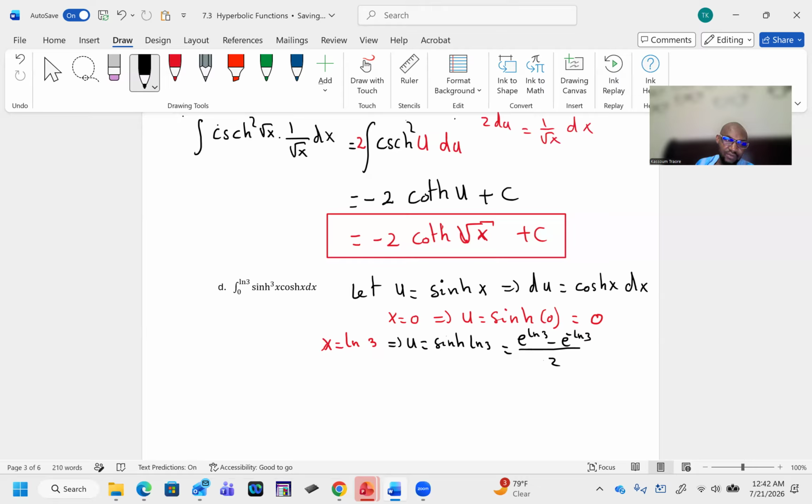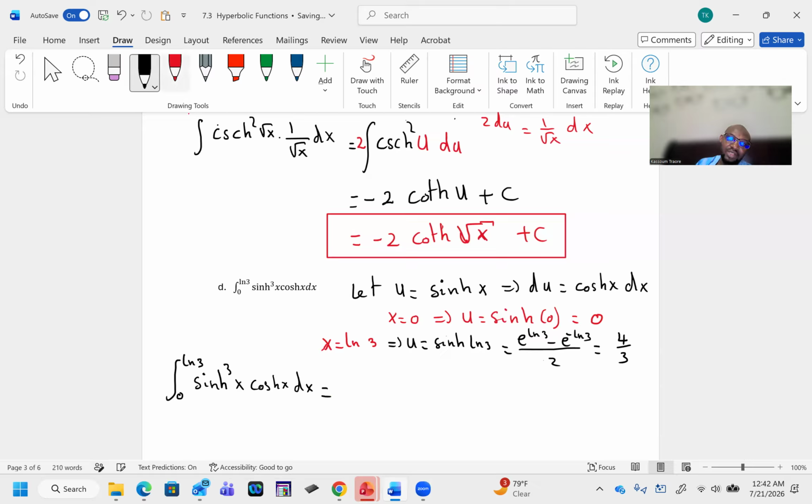So if you simplify this one, you would see it will give you 4 divided by 3. So that being said, to find the integral from 0 to ln of 3 hyperbolic sine cubed of x times hyperbolic cosine of x dx,